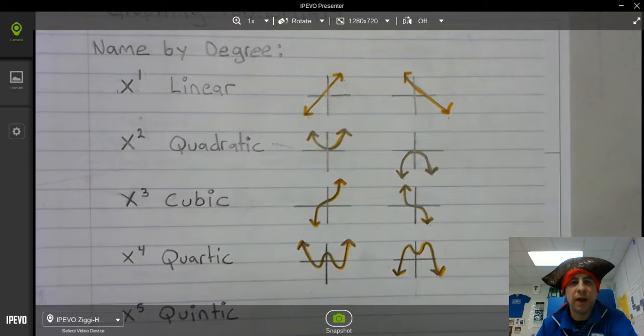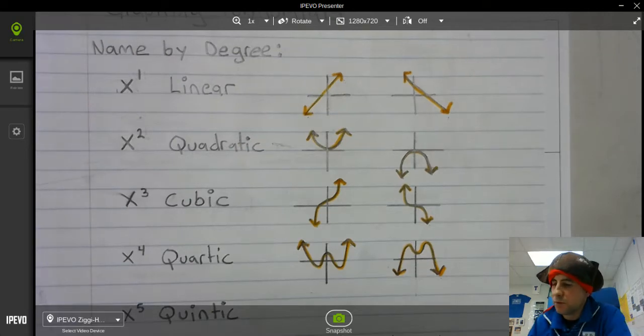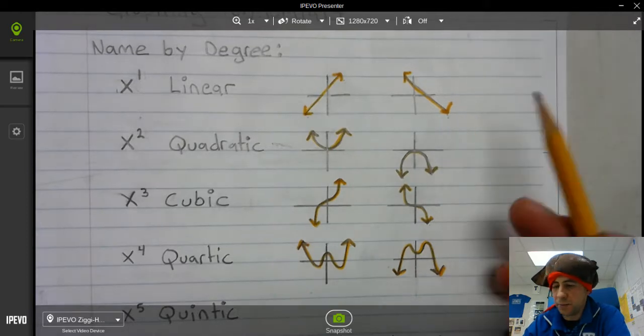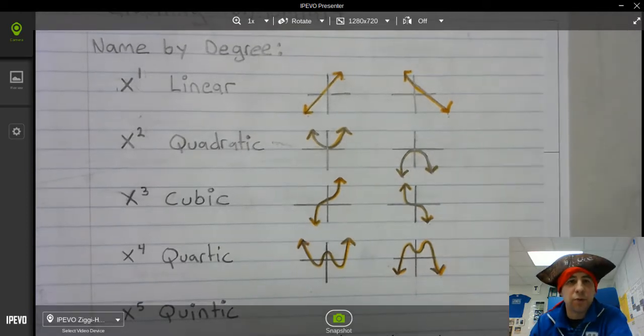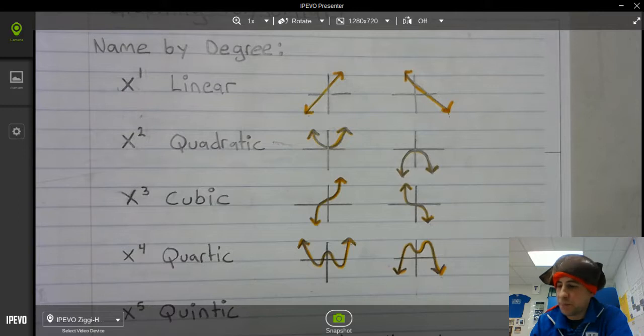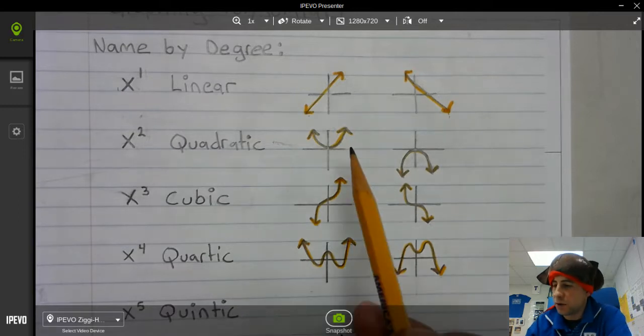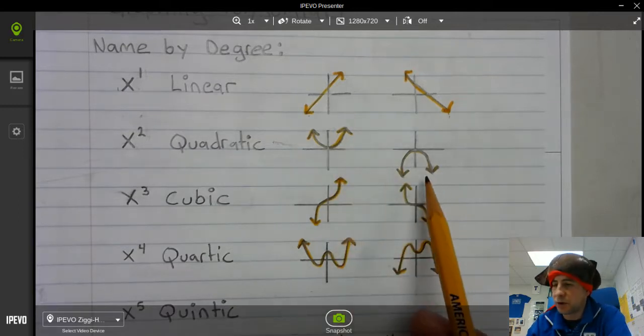All right, so name the degree. So x to the first power is linear, okay? And remember, if it's a positive linear function, the graph goes up. If it's a negative linear function, the graph goes down, okay? If it's x squared, it's quadratic. And if it's a positive quadratic, the graph goes up. If it's a negative quadratic, the graph goes down,